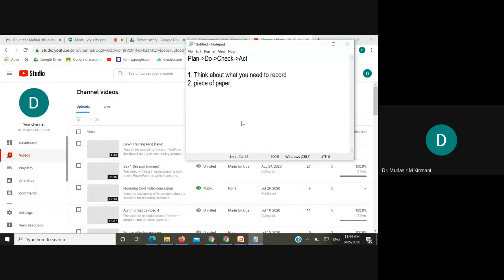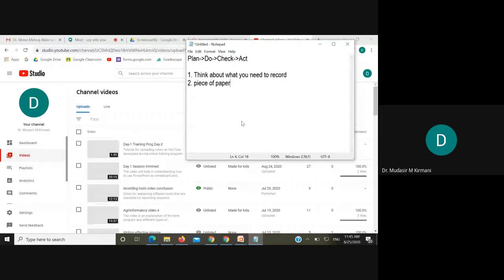Or let me take an example. Let's suppose my topic is parts of computer. If I am supposed to discuss parts of computer, wherein I am having input devices and output devices and some other devices as well. But today I want to discuss input and output. So how much time am I going to spend on explanation of input devices? How much time am I going to spend on explanation of output devices?